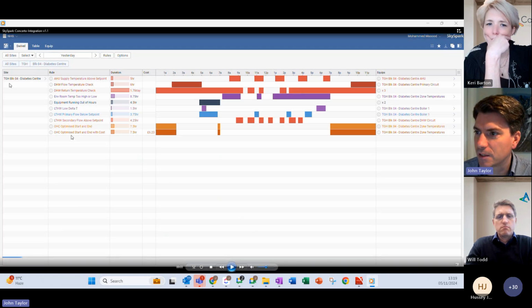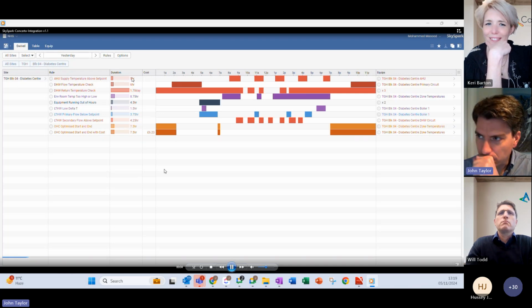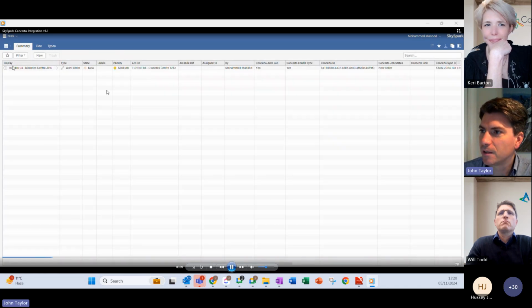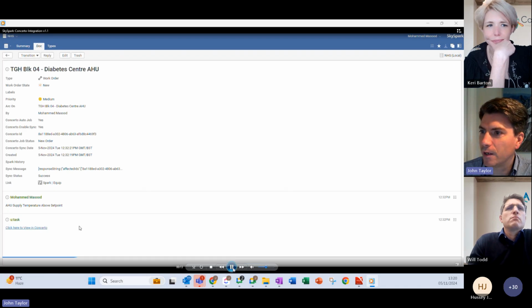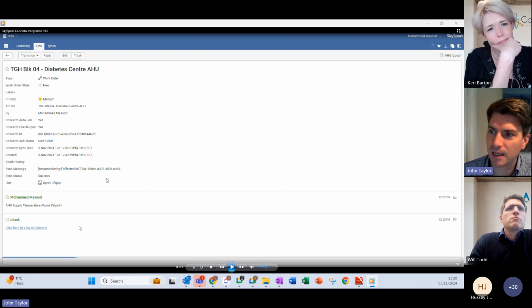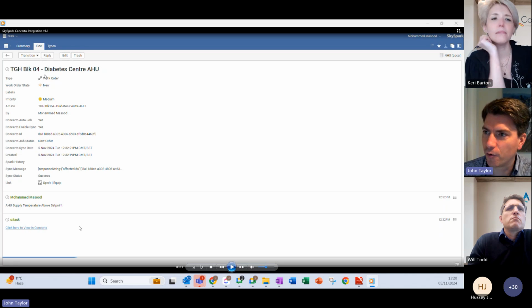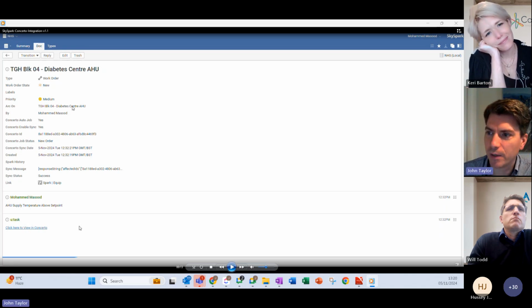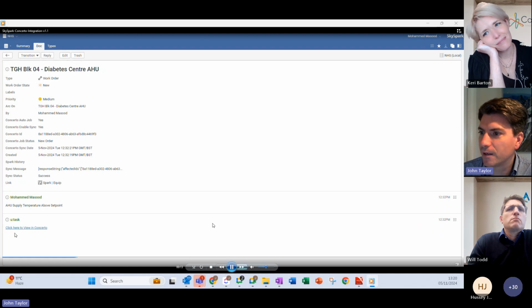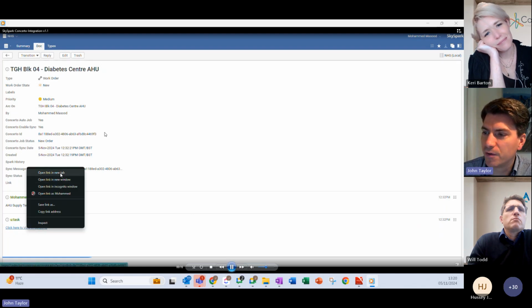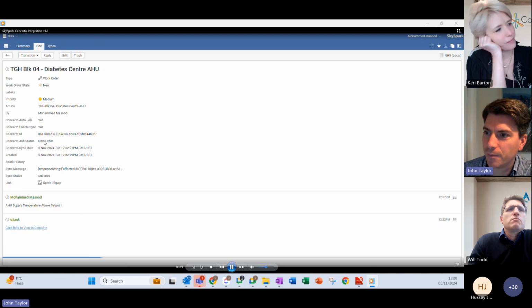And at the bottom here, we've got the cost calculation of the impact of this optimized start issue. If I just press play, you'll see as the cursor's moving around, the sparks have been raised, and what we've decided to do here is turn one of those sparks into a work order. We've seen that spark, seen that issue, and then we've clicked through and said, right, that's an action that we need to take. So we've turned that action into an ARC. I'll just play again. And we've selected the functionality to become a Concerto job.